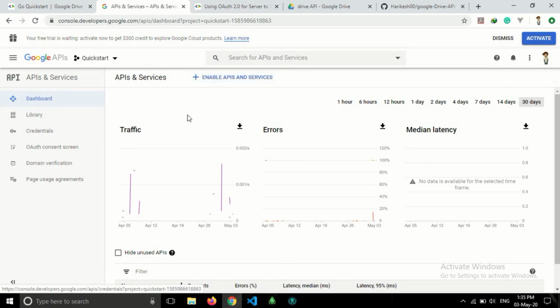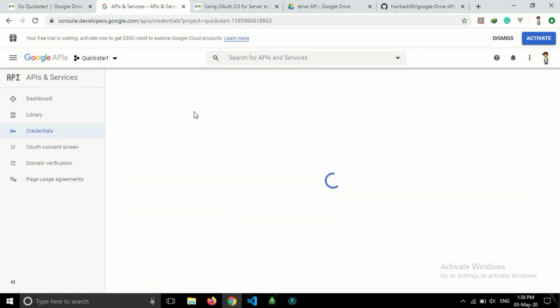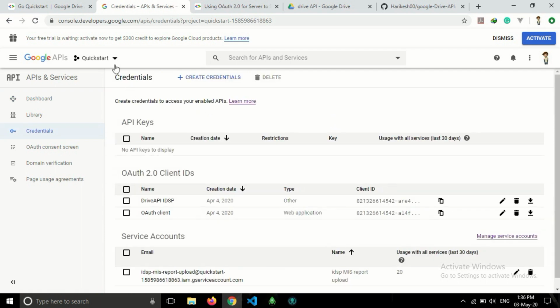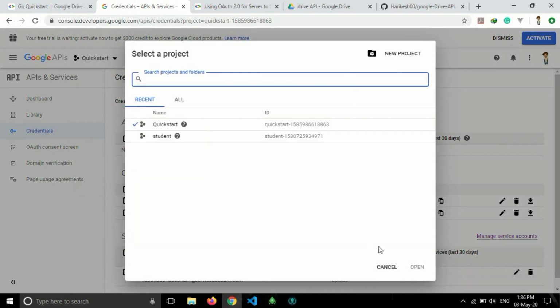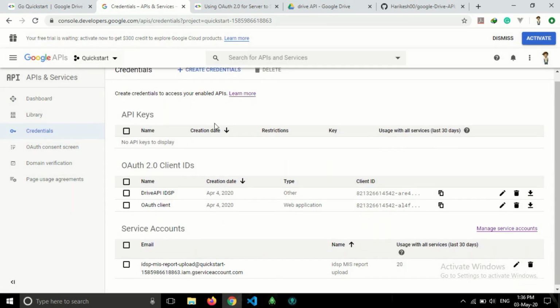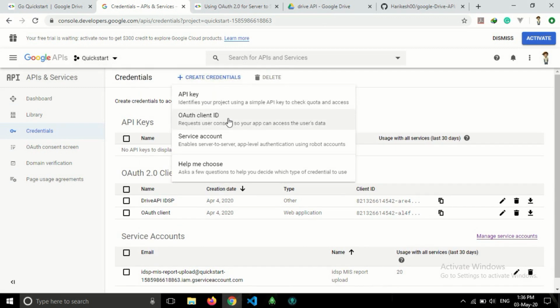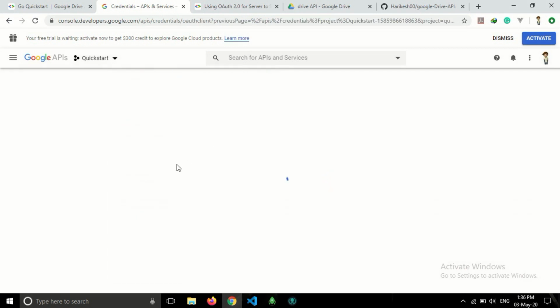Go to credentials. If you haven't created a project, create a new project from here. I have already created one. So create a new OAuth client ID.